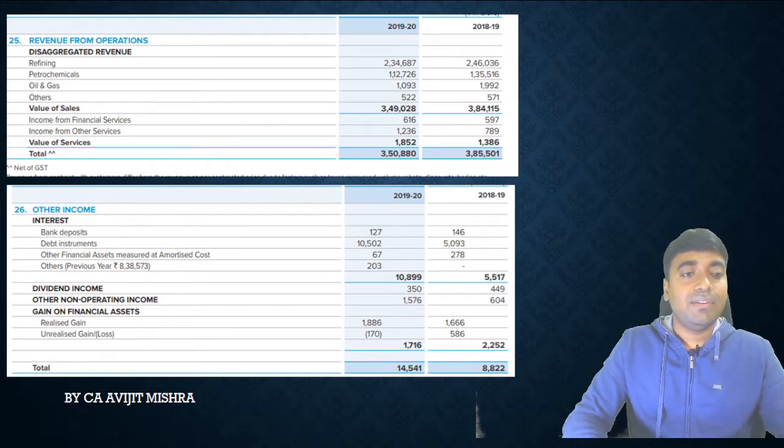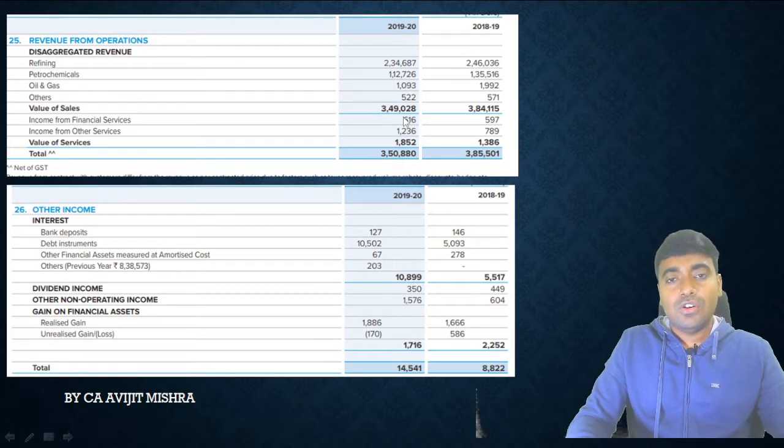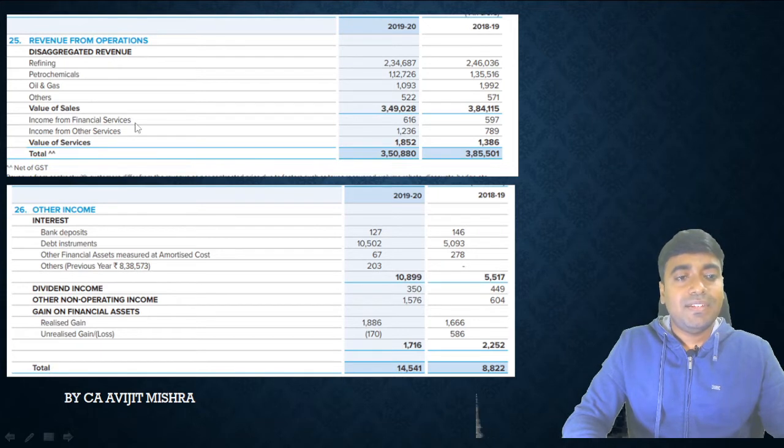So what are the areas they are earning from? First of all, the refining business. From the refining business they are earning around 2,36,867 crores. In the same manner, there is a petrochemical component, from which they are also earning around 1,12,726 crores, then oil and gas and others. In the same manner, the value of sales is coming to a total of 349,028. And the income from financial services, income from other services and also value of services is coming around 1,852, and the total is coming